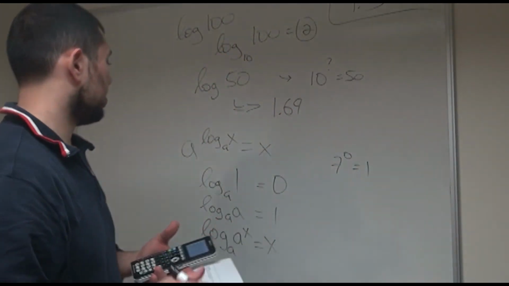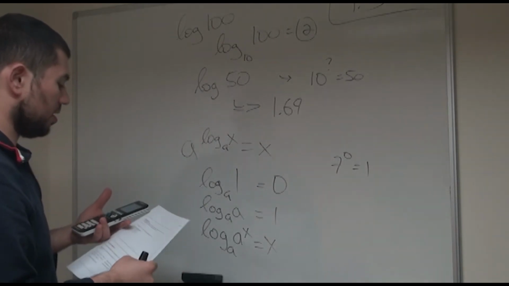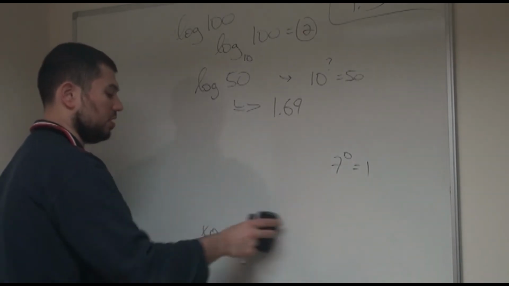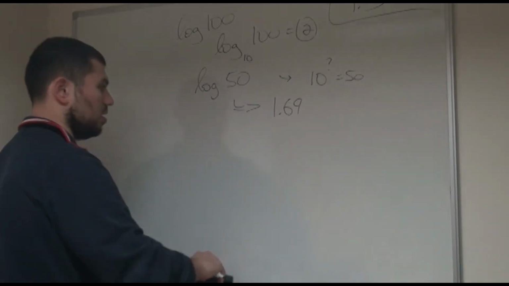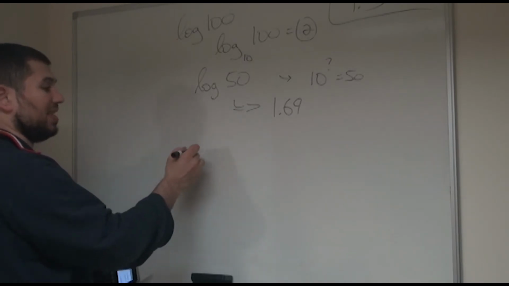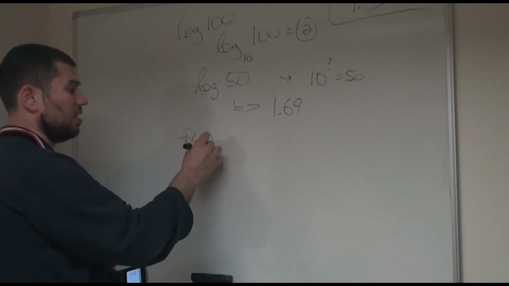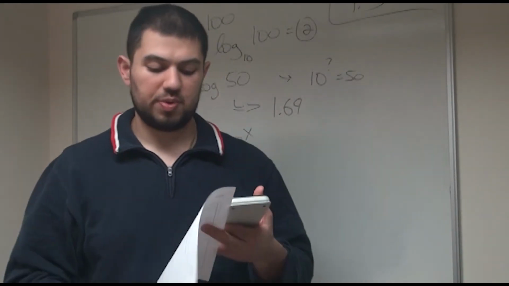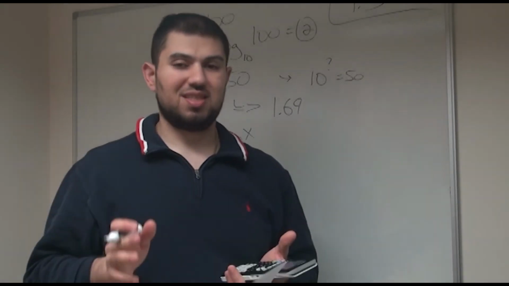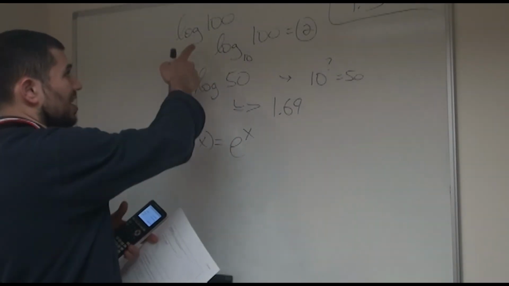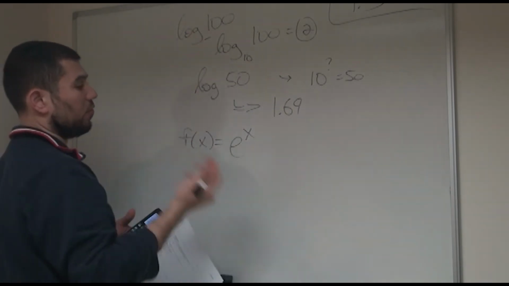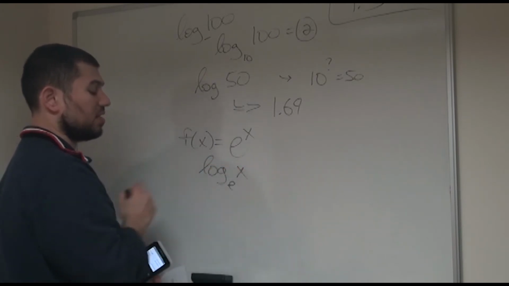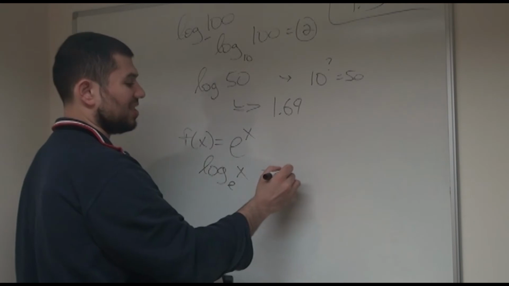So just like we discussed common log, on the next slide we're also going to briefly touch on natural logs. Just like we had the natural exponential function, which was an exponential function that had a base e, f of x equals e to the x, that was a special case. Here we're also going to discuss the natural log. So for the common log, when we have a base of 10, we don't write it. If we do log to the base of e of x, we're going to convert that to just say the